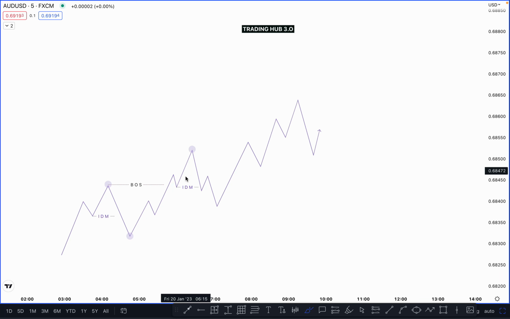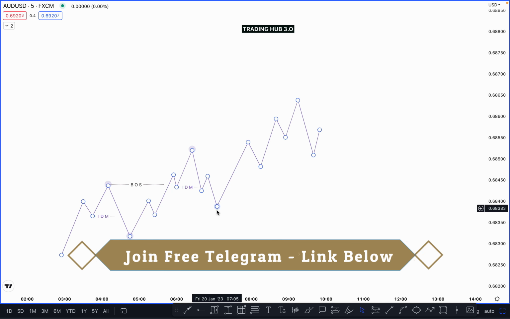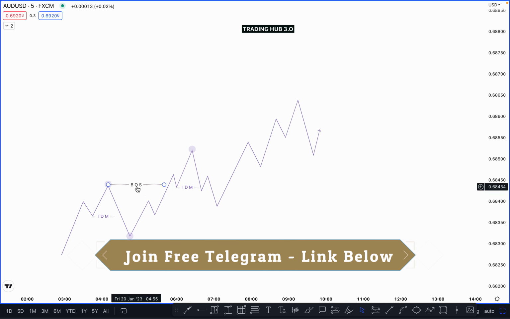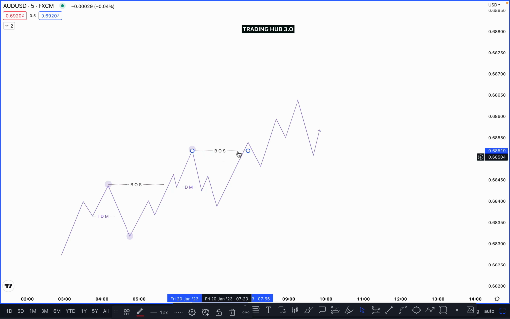What happens if the market continues going to a higher high, something like this? Where is the inducement? Your inducement transfers from here to here, right? Because our first pullback is always called inducement. And after that, what happened here? The market continues to a higher high and breaks the previous high, and once the market breaks the previous high and closes over it, this is called our higher low, which is here. It means market momentum is bullish and continues looking for buys.